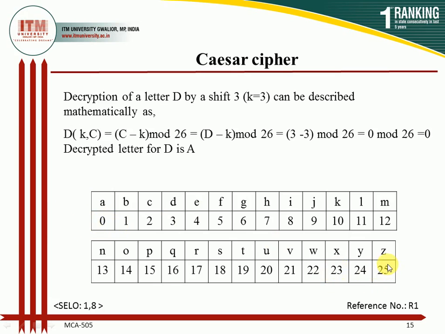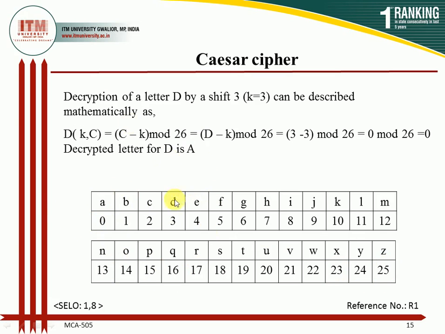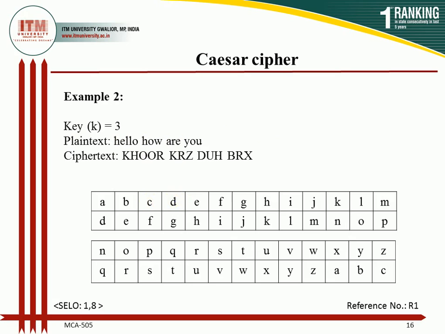If you don't want to follow this method, then you can directly solve the numericals by constructing this table, right? The answer will be the same. I think this method is easier than that method, because in that method you have to convert the alphabets into numbers, then take a minus, then take a mod. So it will be a little bit difficult or time-consuming. Solving the numericals by this method is also very easy.